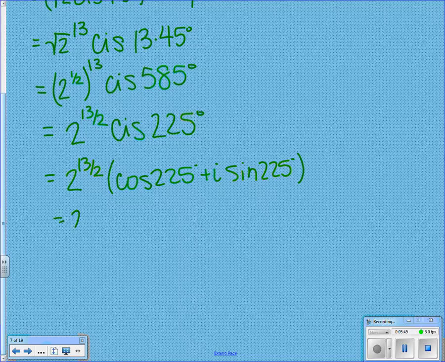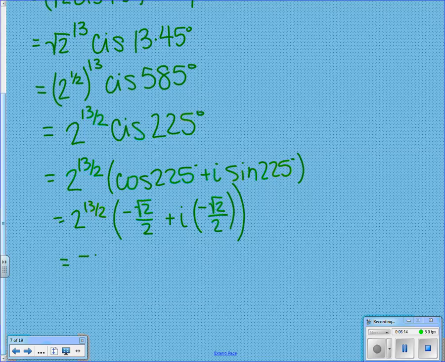So the cosine of 225 is negative square root of 2 over 2. And then plus i sine of 225 is also negative square root of 2 over 2. Okay, so here we're going to have